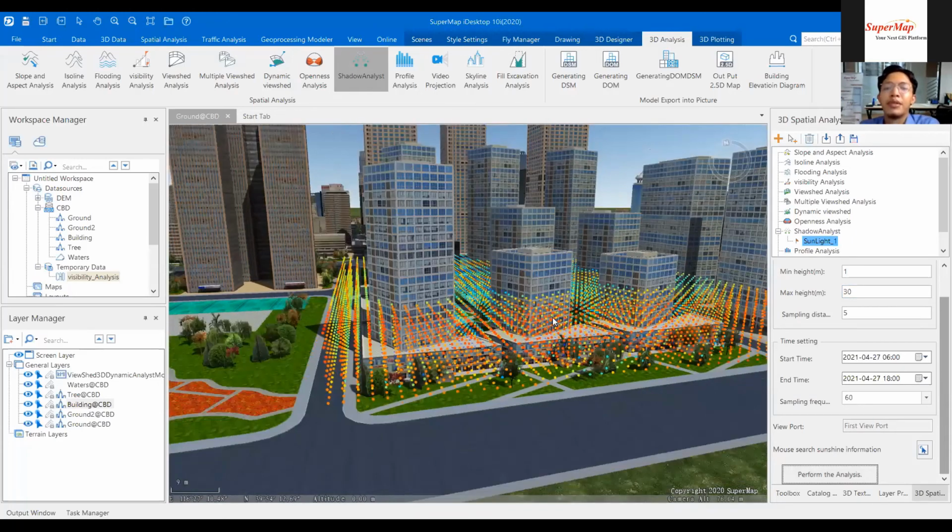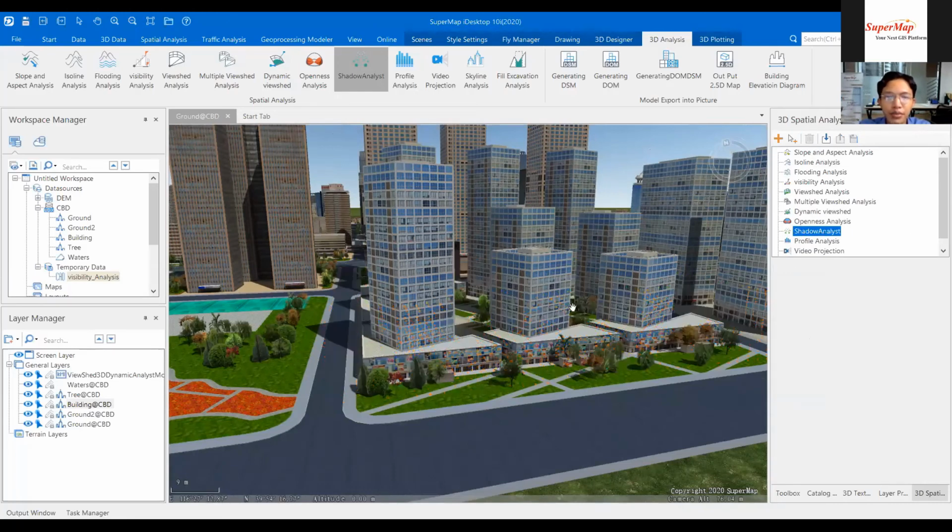Yeah, the height of the shadow has changed now. It is higher. So that is the shadow analysis to view the intensity of the sunlight. You can delete. And for the last analysis, it is